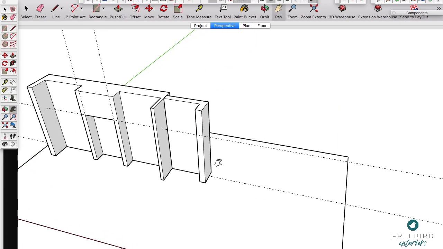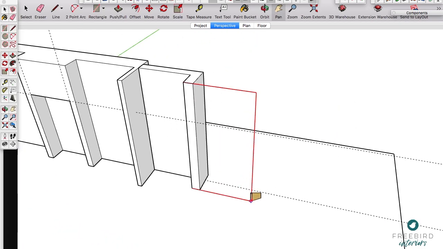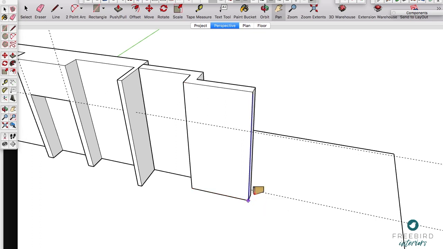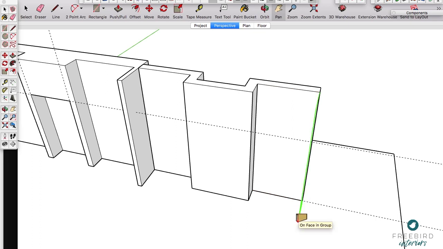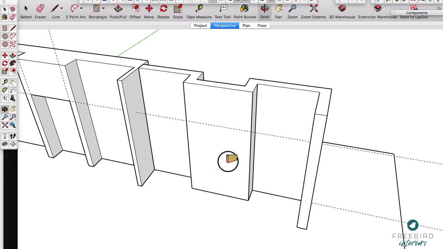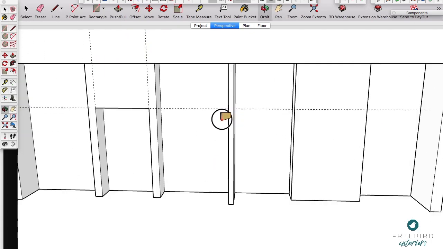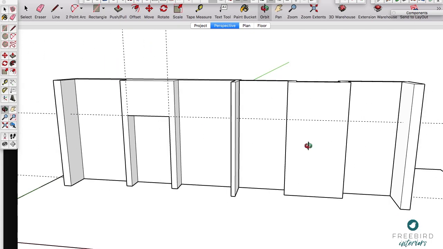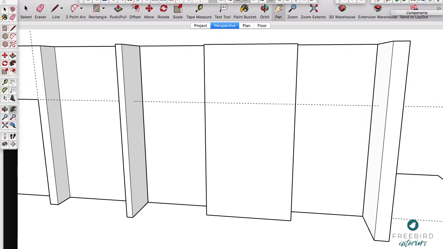And they've got some intelligent programming, so they're sort of joined together as you draw them. So I hit escape and that's done. Now this is accurate to the measurements that I made. Now before I drop in my carcasses and shelves and stuff, what I like to do is add things like